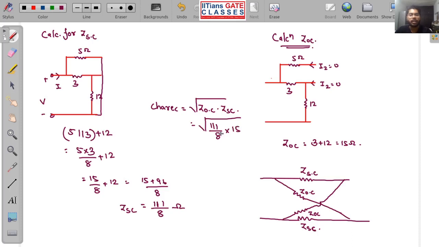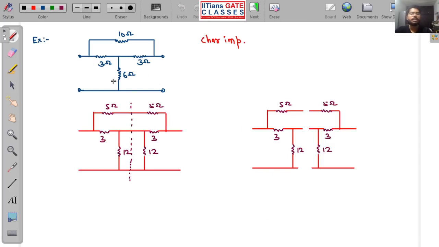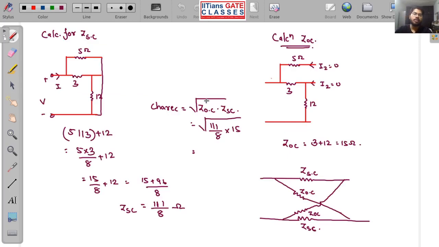So you can calculate this value. Actually what happened, I randomly made this example from my side only. That is why the values are not proper, and you are getting something that you are not getting directly. So in the examination hall, if they give you some values, it will not be like this. You can directly calculate the square root, it will be a value like that.